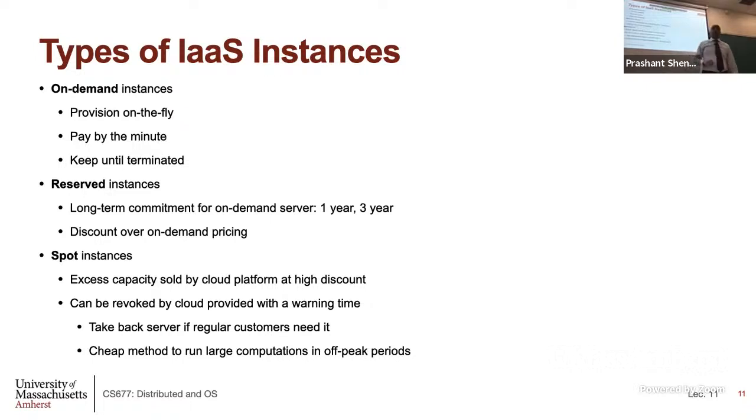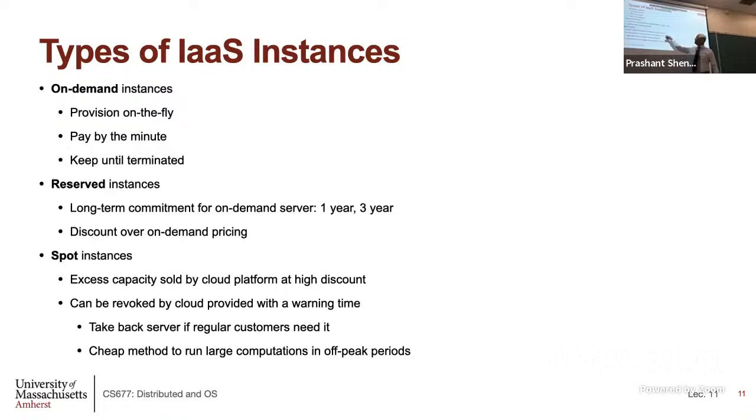And then there is something called spot instance. Okay? So spot instances are an interesting case where the cloud often has excess capacity that's not used. Okay? They will essentially build this large data center. It's not assumed that the entire data center is in use all the time. Okay? There will always be idle capacity in the servers. So what cloud providers started to do is, the idle capacity doesn't bring any money. There are no revenues from idle capacity because nobody is using those servers. Okay? So what many cloud providers started to do was offer the idle capacity at highly discounted rates, okay, to customers. So these are called spot instances.